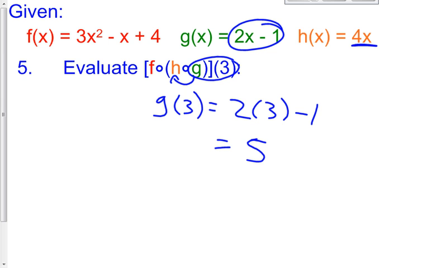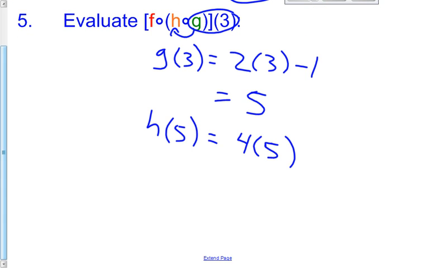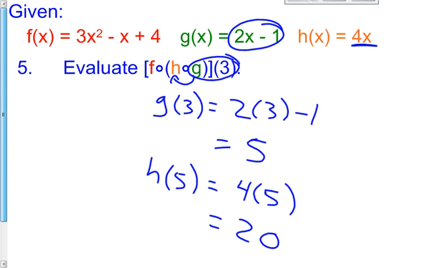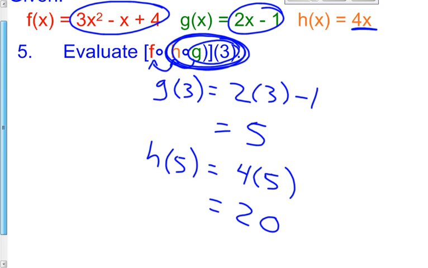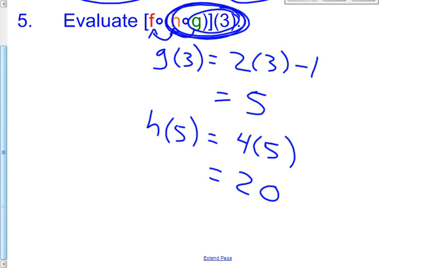Here's our h. h of 5 equals 4 times x. And x is now 5. So 4 times 5 is 20. So all of this now equals 20. Put that into our f function. Here's our f function. Every time you see an x, you're going to put in 20. So f of 20